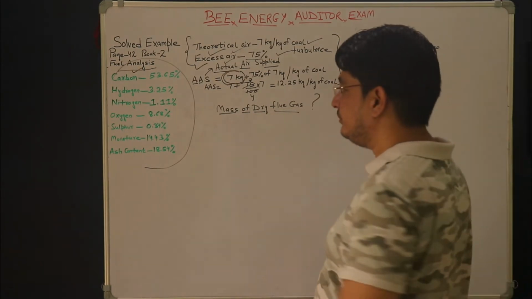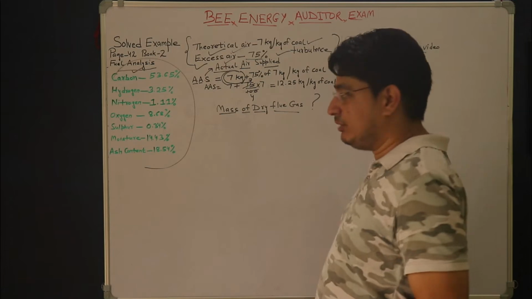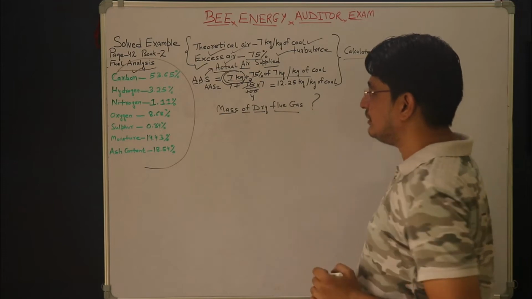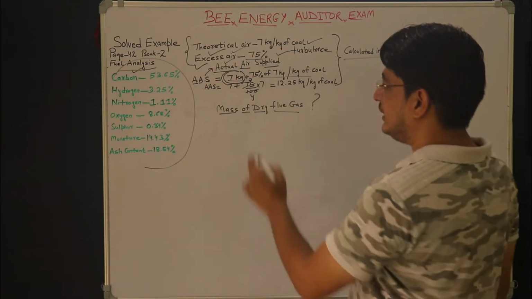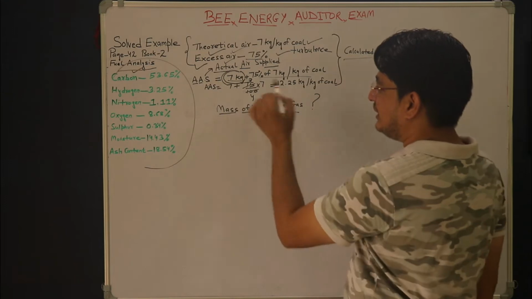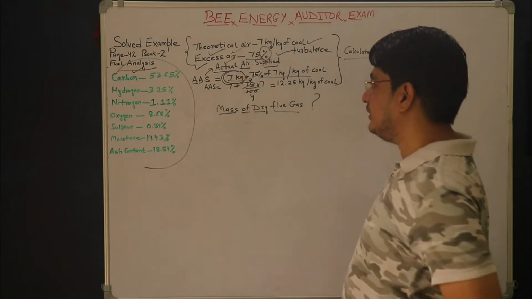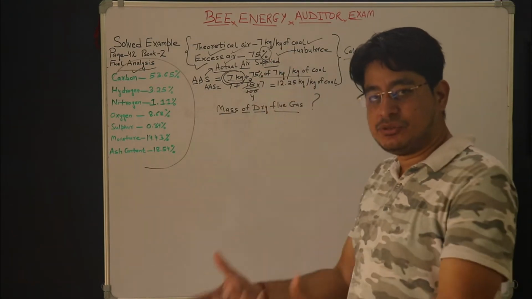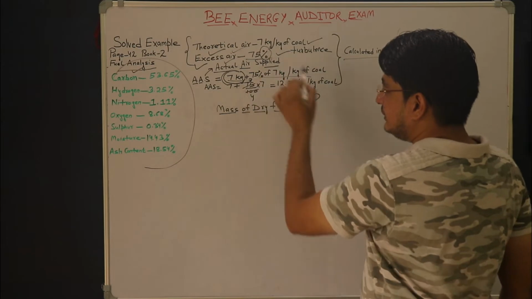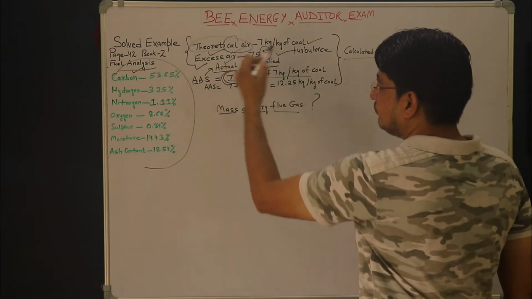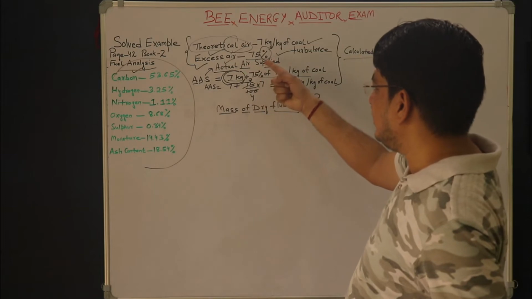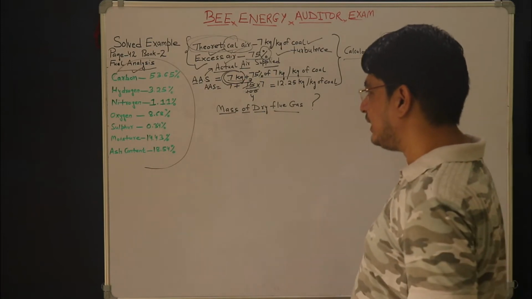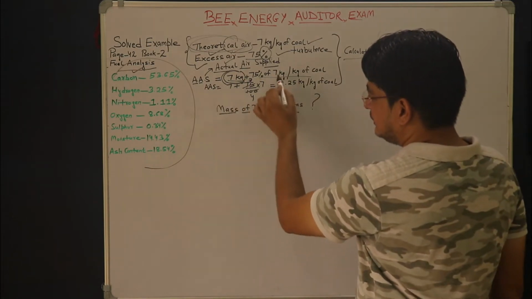So friends, you can see here that the actual air supplied can be calculated as the theoretical air supplied plus the excess air supplied. You must remember one thing, that excess air is calculated in terms of percentage, but as you all know, percentage has a specific reference to something. So here the percentage is referring to theoretical air, that is excess air will be 75% of theoretical air. So I can say the actual air supplied will be theoretical air plus excess air.